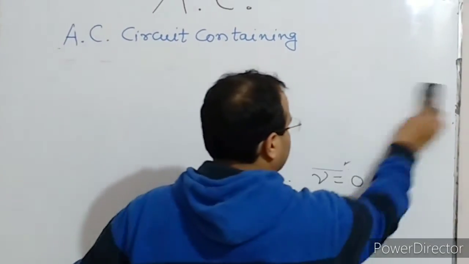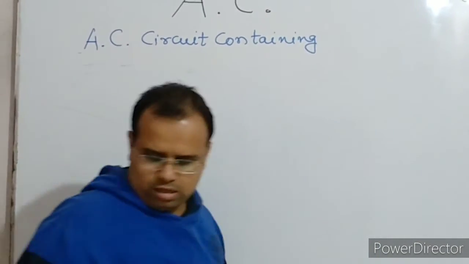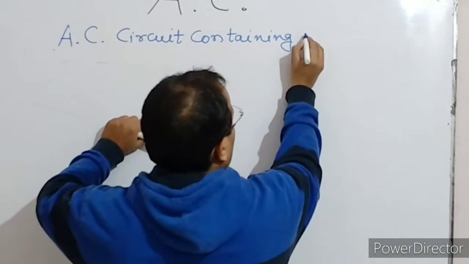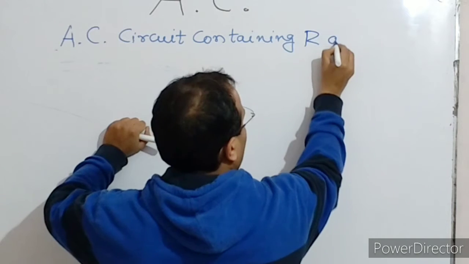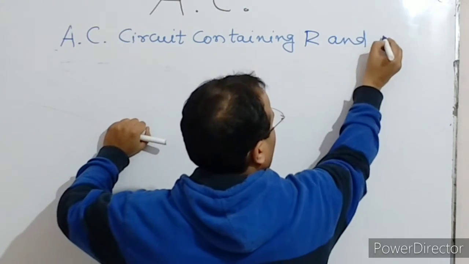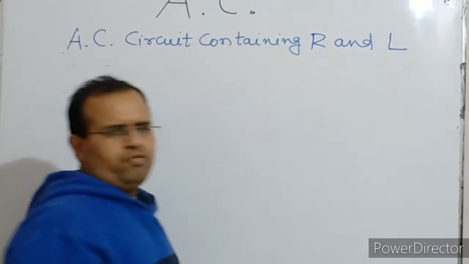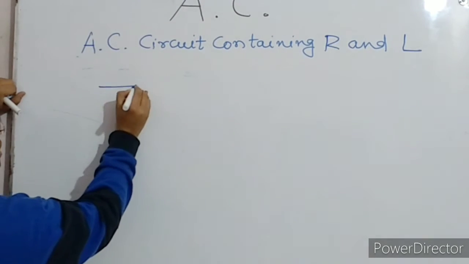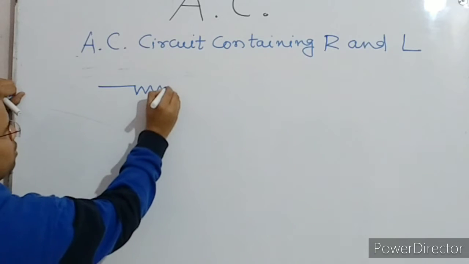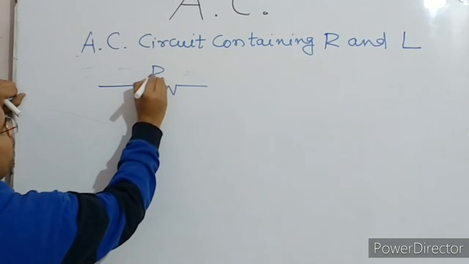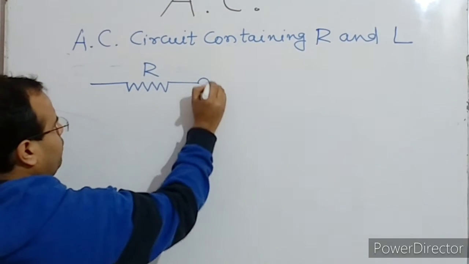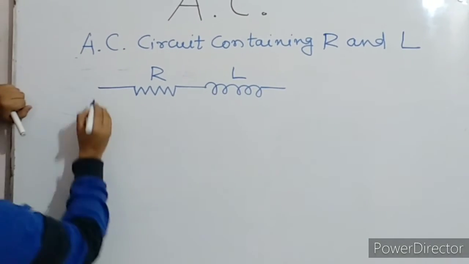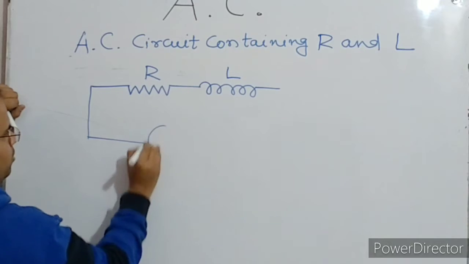Okay, now we can also discuss the combinations of R, L and C. So let us try to understand this. Suppose that an AC circuit contains R and say L. If the AC circuit contains R and L, we can draw the AC circuit like this. Here we have R and then we have L, like this, and here we have an alternating EMF.